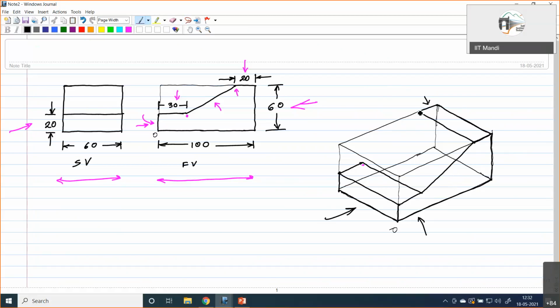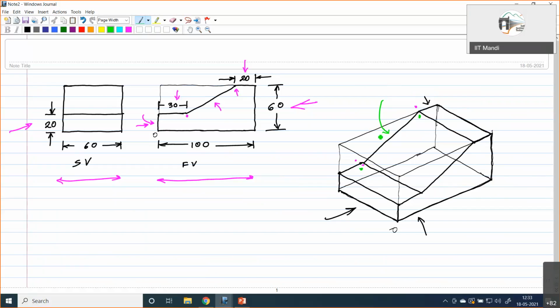Okay. Then again we have this point available, this point available. So we have to join them. This again is not an isometric line, so directly we cannot draw. We'll have to locate this end point here and end point here, so as to be able to draw this.